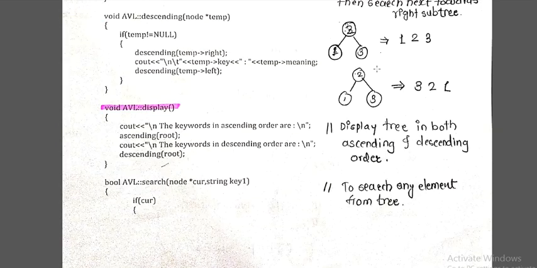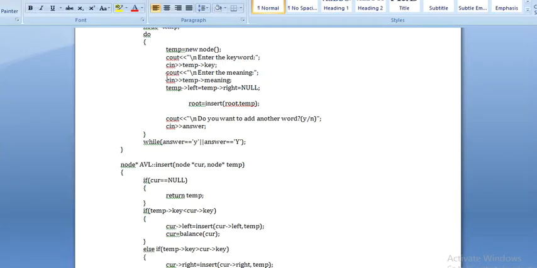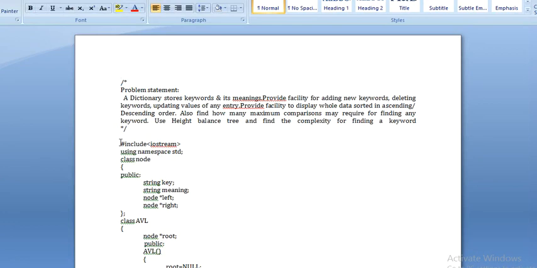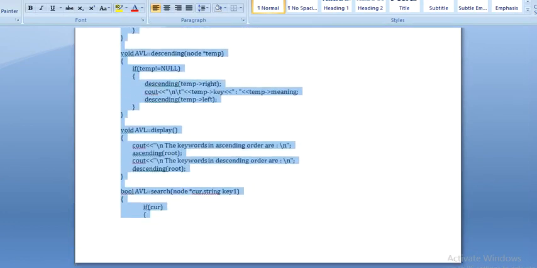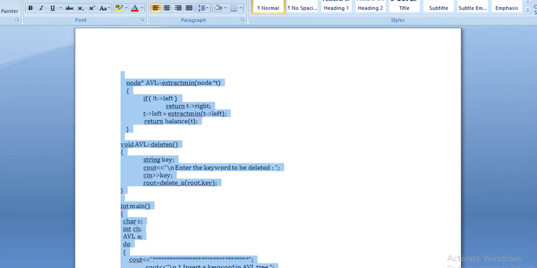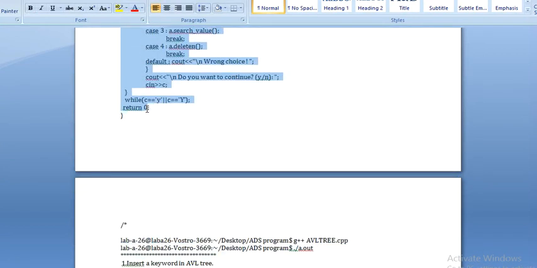Now we have to run this code. So let's run the code. Here is our code. I am copying it. Copy the code. I am going to run this code on the online compiler. So the code has been copied, and now we have to run it.